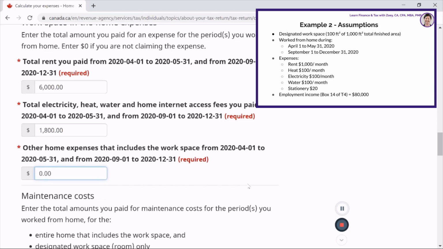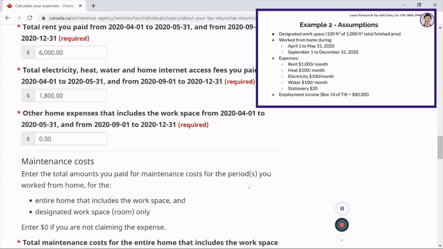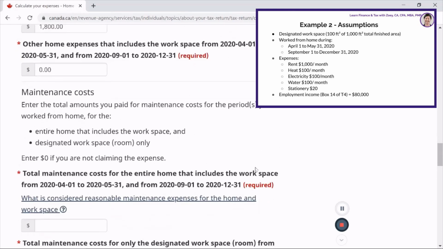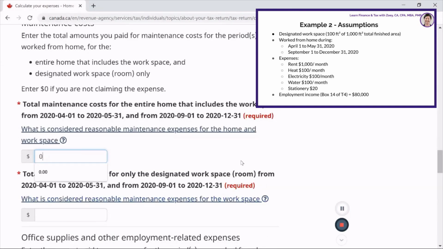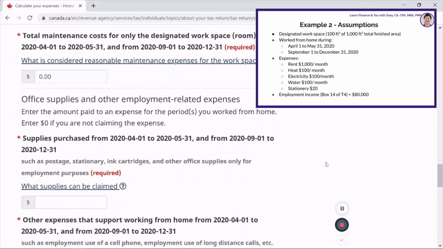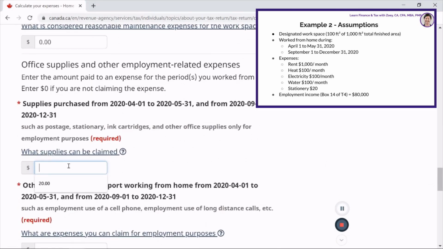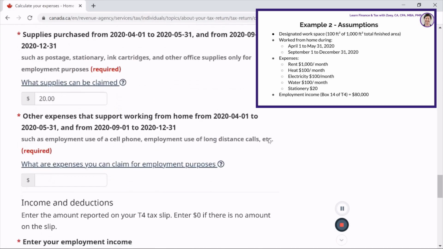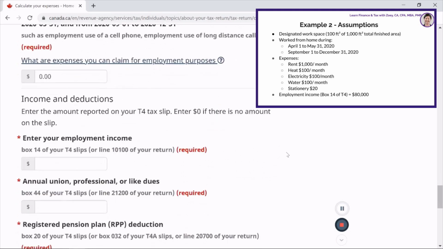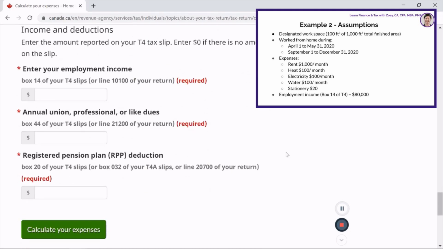If you have other eligible expenses, you can enter it here. Stationery was $20. Finally, we need to enter the employment income from box 14 of the T4 tax slip.